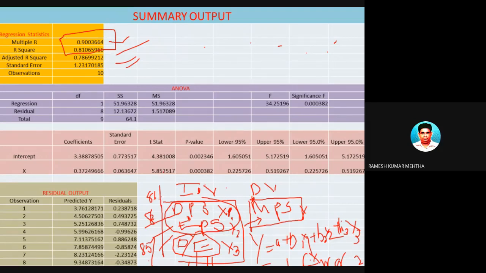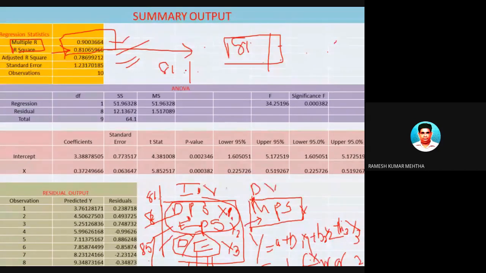So this is the way you have to interpret it: this particular 81% is the strength of the model. It is how much of the variance in the dependent variable is explained by the independent variable. So this is the fundamental thing. Once you have run a regression, first and foremost you have to look at these two figures, and in particular at this figure, which is 0.81, times 100 is equal to 81%. So the higher the percentage, the higher the accuracy of the model. Another way I will tell you how to remember this.